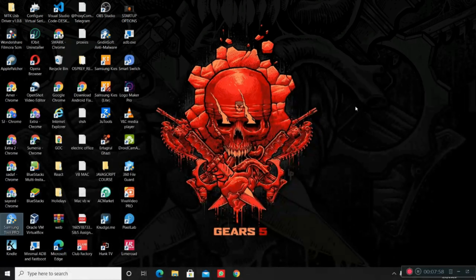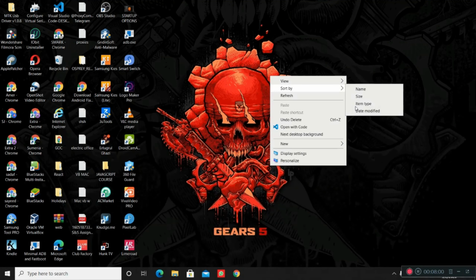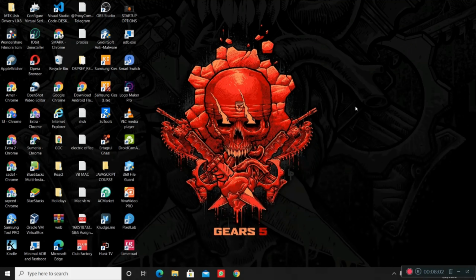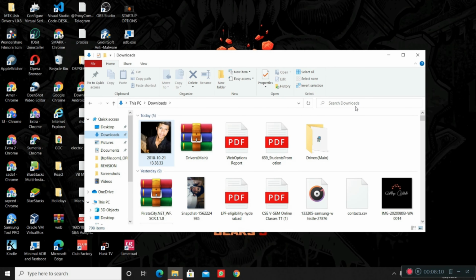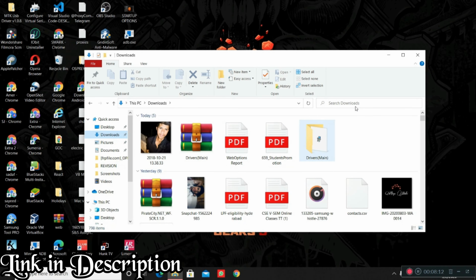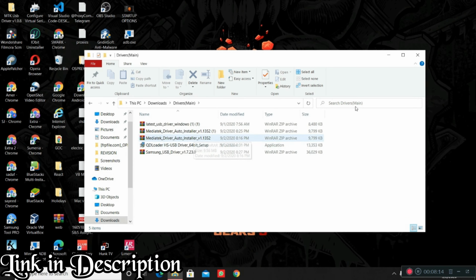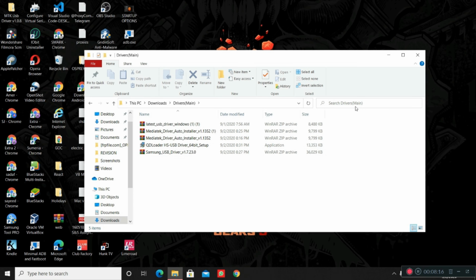Okay, so after the uninstallation of the bloatware, we can finally head towards the installation of our fresh and updated drivers. For that you have to go to a folder which I will provide you in the description, and you have to extract all the driver packages. That is MediaTek, Samsung and Qualcomm. We are not targeting all the driver packages here. We'll just target major processors.